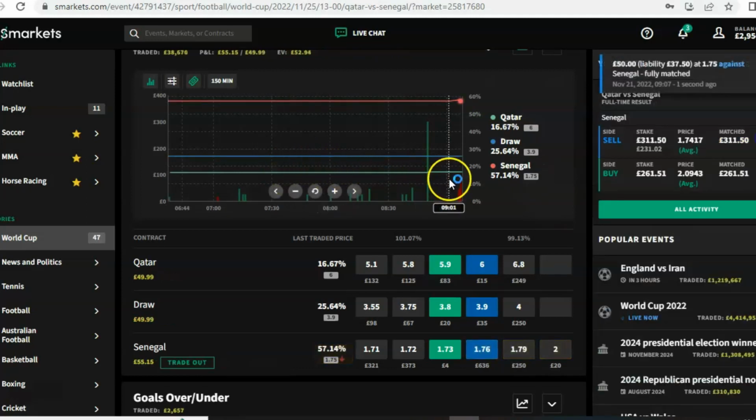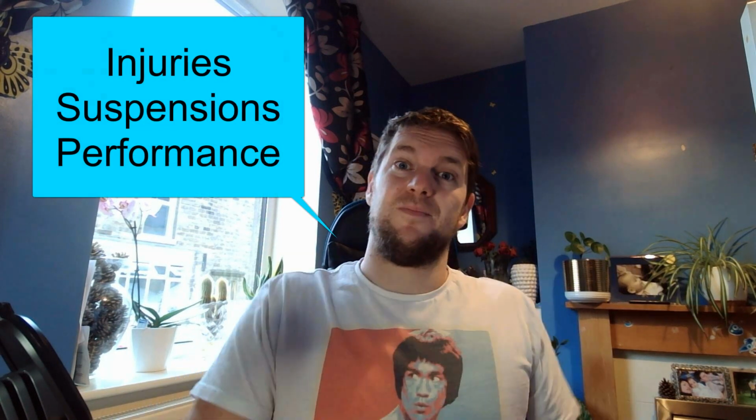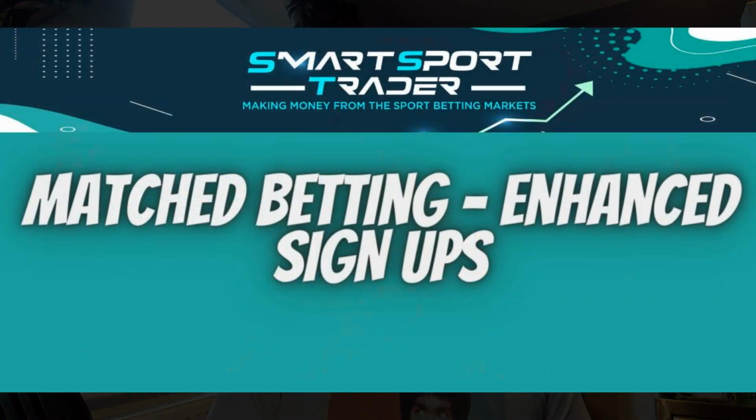So that was £50 profit for basically 10 minutes of work, 10 minutes of watching football and anticipating that, this is tournament football, odds can be wrong, and information that is happening live in front of you is going to affect future markets. It doesn't just have to be lesser known teams that are an unknown quantity. Other things will affect future markets, such as injuries to key players and poor performances. Let's say England beat Iran 5-0 today, fingers crossed. It's likely that Iran's odds are going to change for the next games against Wales and the United States. So if you're aware of these things, you can use them to make a profit.